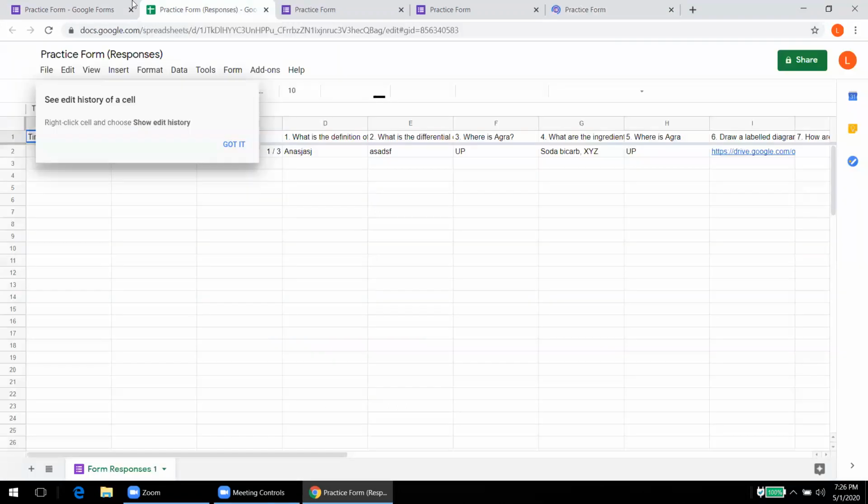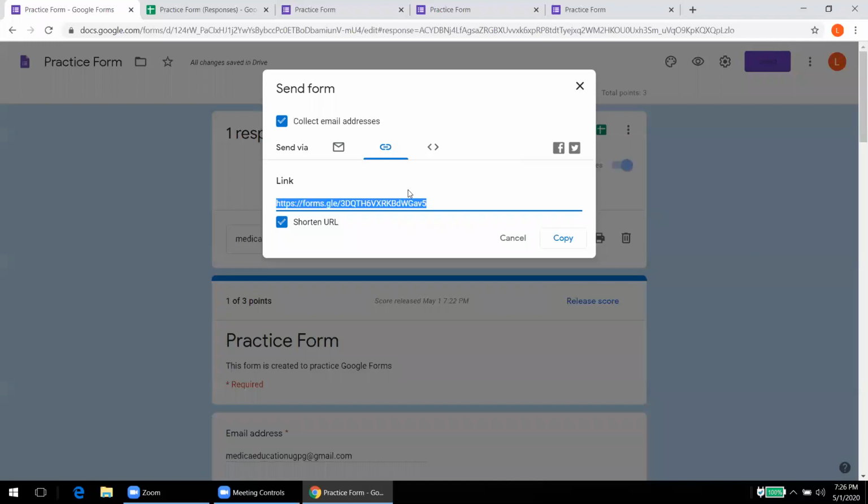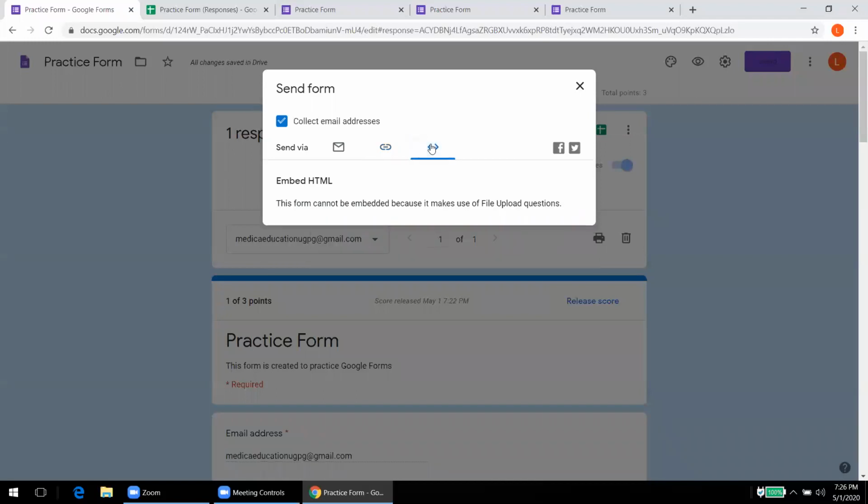And if suppose 2 hours have passed, this is how we can handle it. The third method is where we can embed the HTML. But I think a more easier way is we can use the link option, where I can copy the link. Either we can send this link through email, or we can send it to the WhatsApp group.